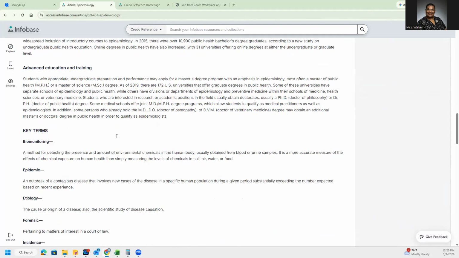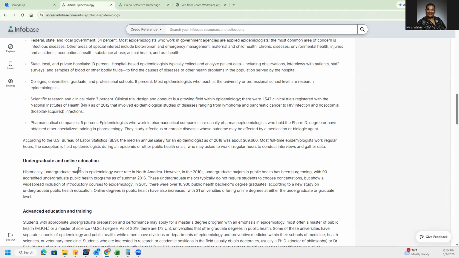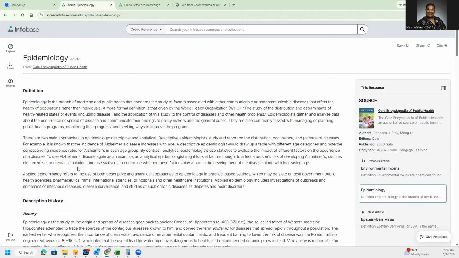So what you could do is put this definition in your research and just cite where you got it from. Okay. So that's what I mean by if you need to add extras to your research or your project, what you're working on. Go through here and see what else you can add, and cite where you got it from, of course. If you need extra help on that, let me know, okay? And